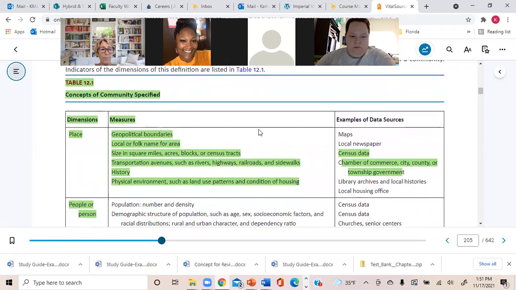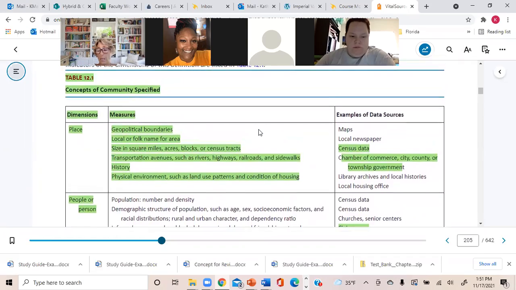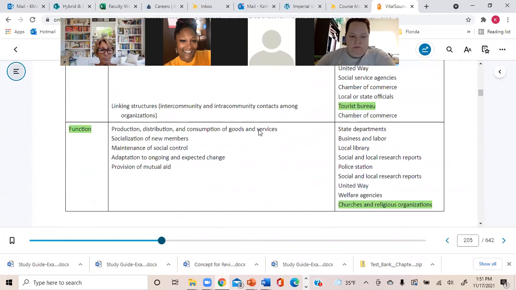All right, so there's three dimensions of looking at a community: population, the place, and what's the